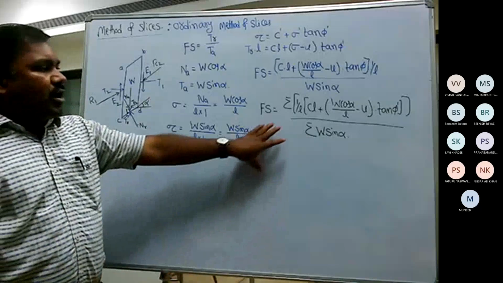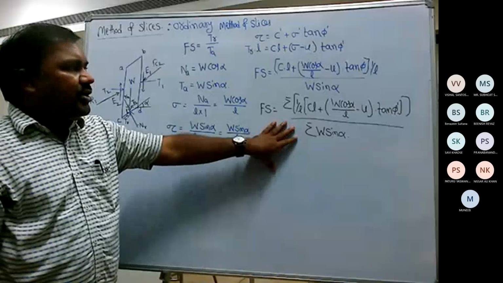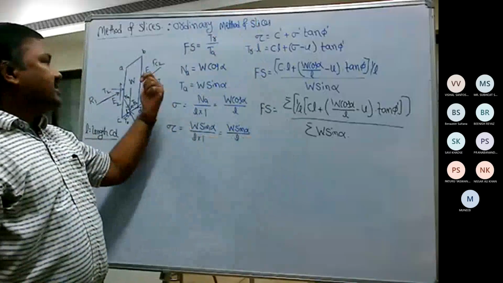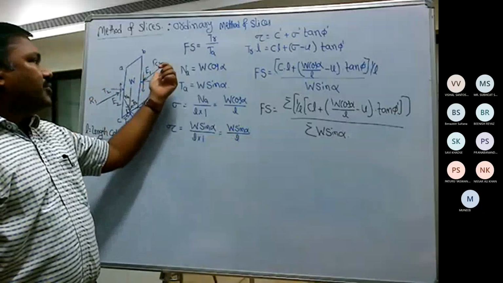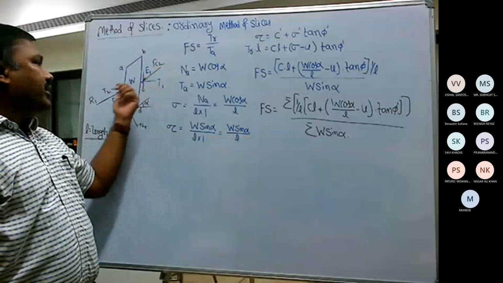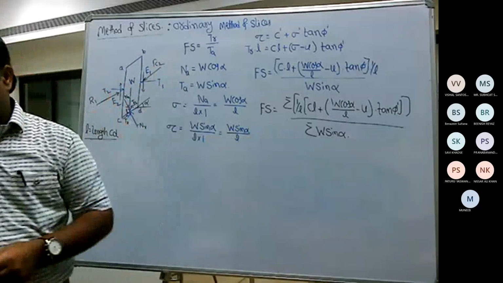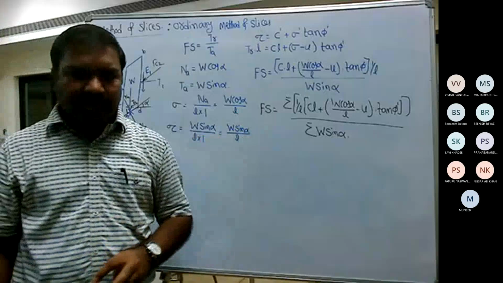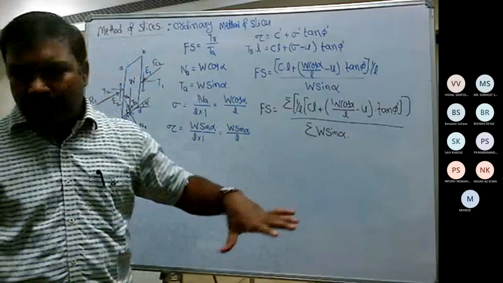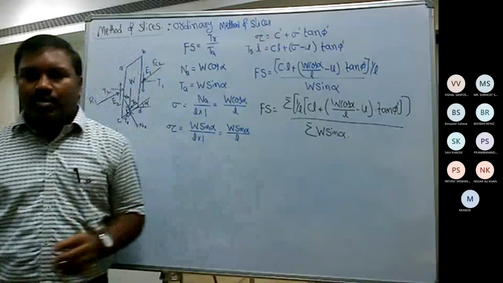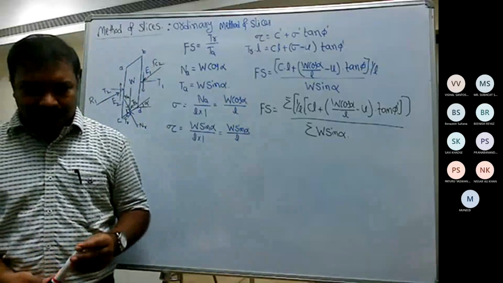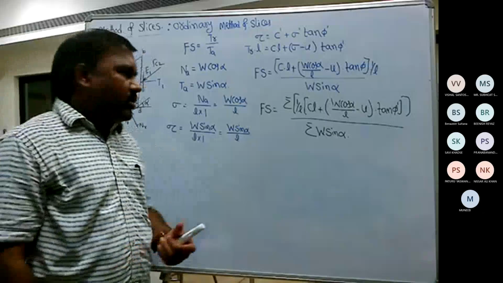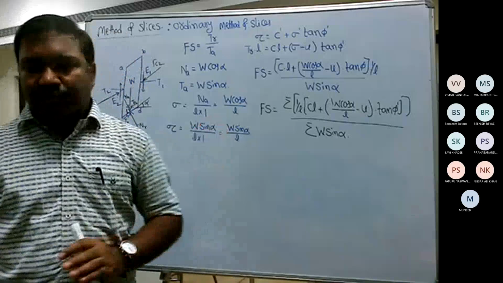So now this was further refined by Bishop. That's why it is called Bishop's equation, where he has considered the side forces E1, E2, T1 and T2. Maybe we won't be able to finish it in our class right now, so I will stop here. Maybe in the next class we can discuss Bishop's method. Otherwise, does anybody have any question?